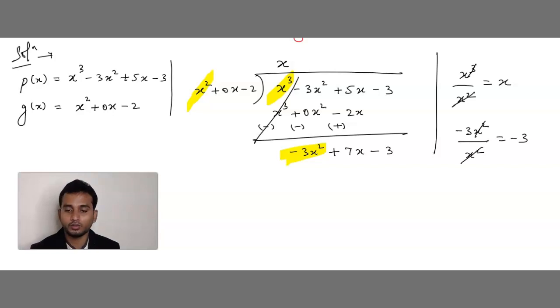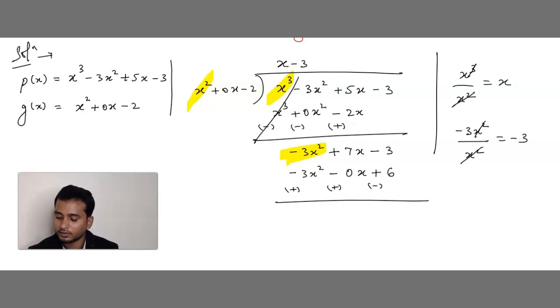So what is left out? Minus 3. Write this minus 3. Now multiply. Plus into minus, minus x square into 3, 3x square. Plus into minus, minus 0x into 3, 0 into 3 is 0 only. And this is x. Minus into minus, plus 2 3s are 6. And this is plus,